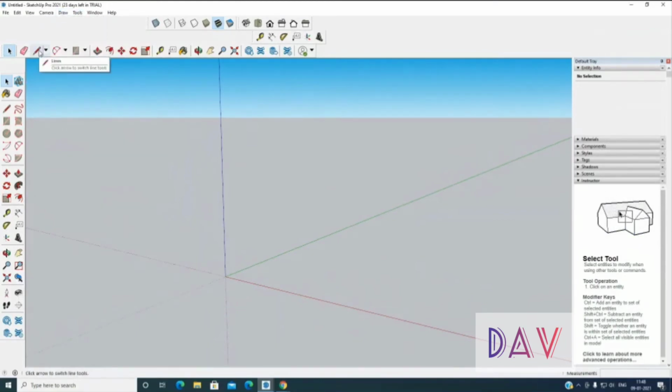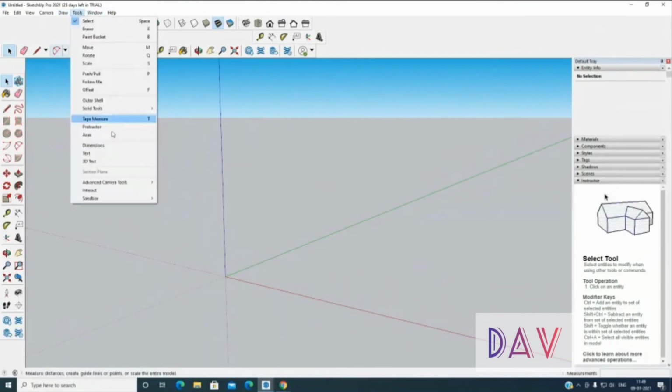You can see this is to draw a line. Then we have arcs. Any type of shape we can create: rectangle, rotate, circle, polygon. Over here in arcs you have 2 point arc, 3 point arc, pie arc. And you can create lines and freehand directly by using the SketchUp toolbar. So the draw tool we already have over here.